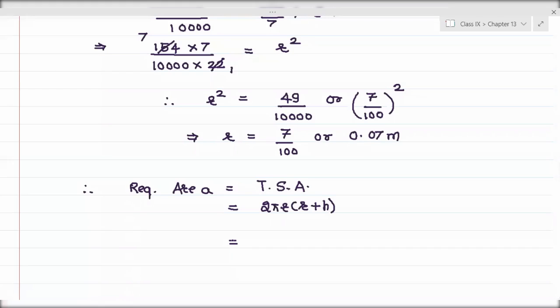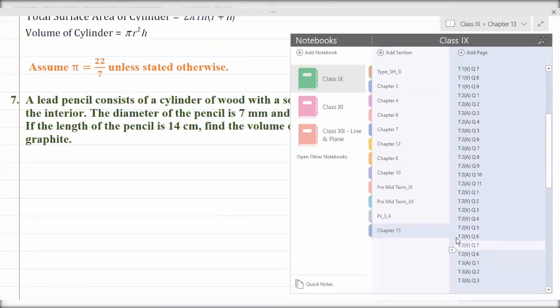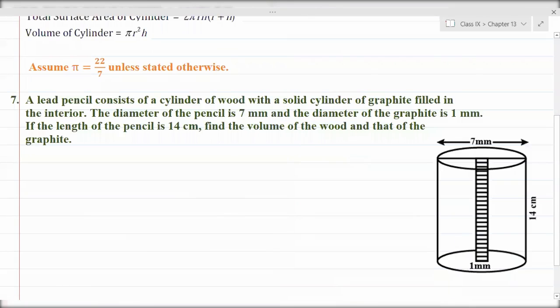But I want to discuss with you one more question, and then we will have some difficulty session. Okay, so let me finish one more question, then we will have some difficulty session. In whichever question you have difficulty, you can ask in that. Okay, so let us start now.